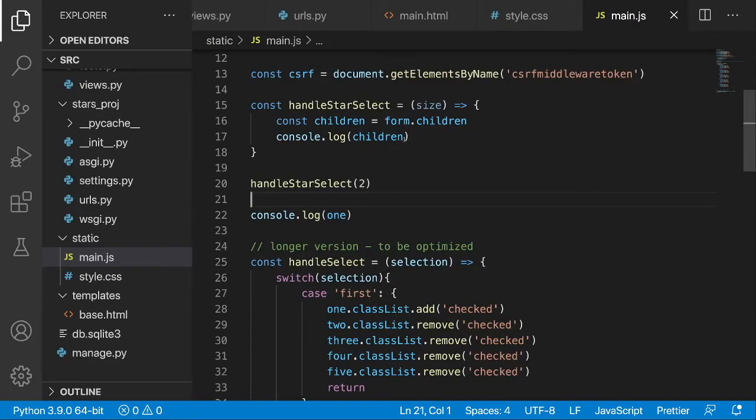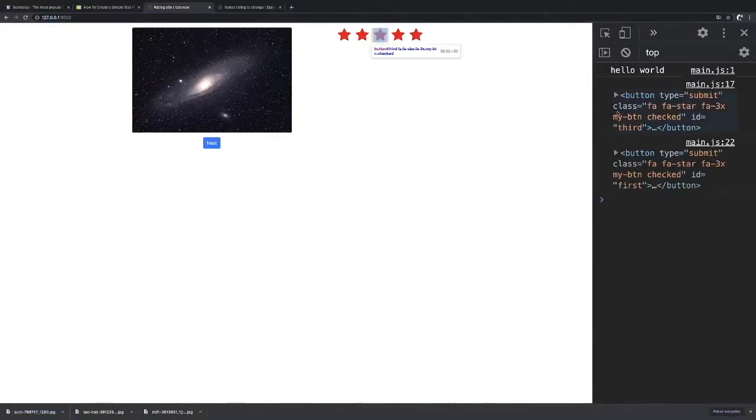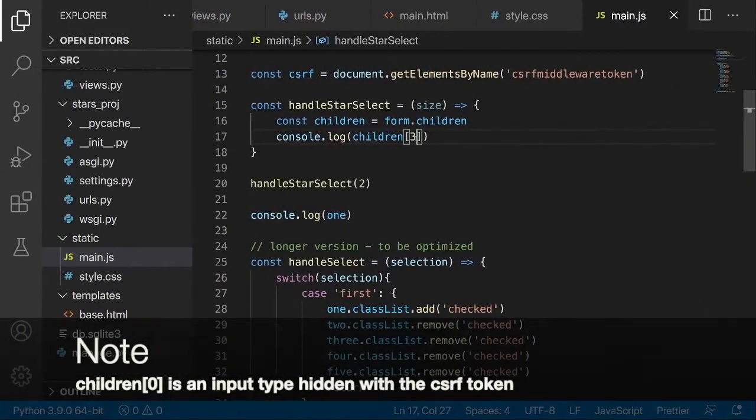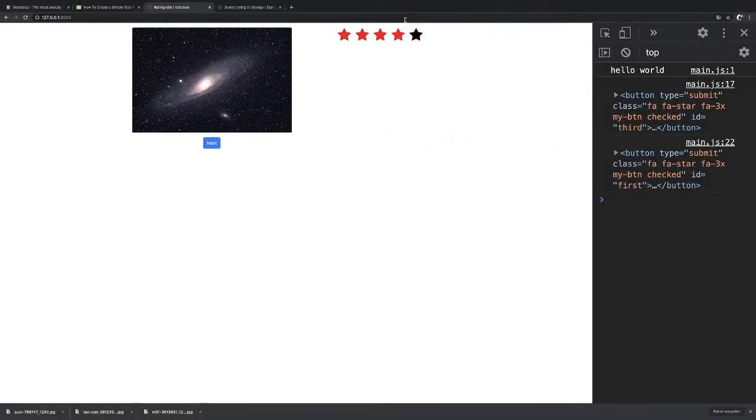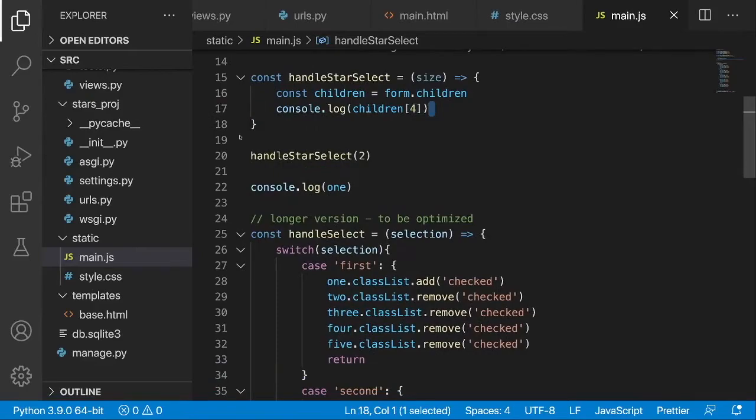So let's put in here 3, okay? So we should grab the third element right now. Let's see if this will work. And what do you know? We have third. So if we pass 4, we should have fourth, okay? So this is very important,